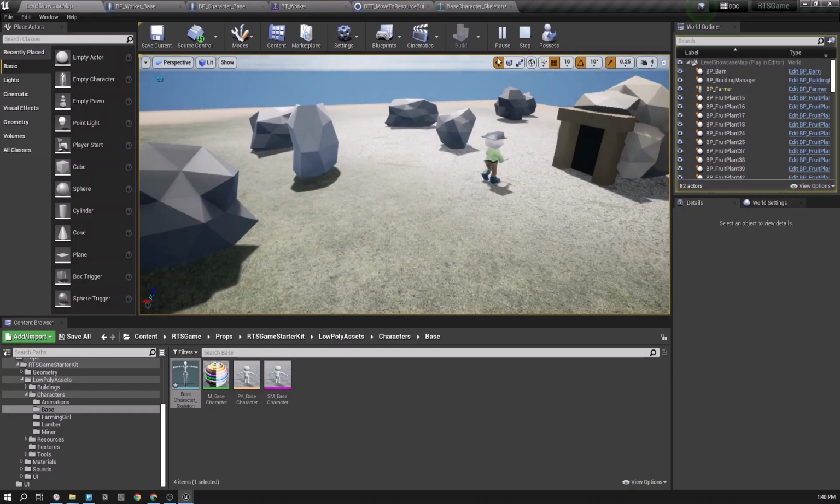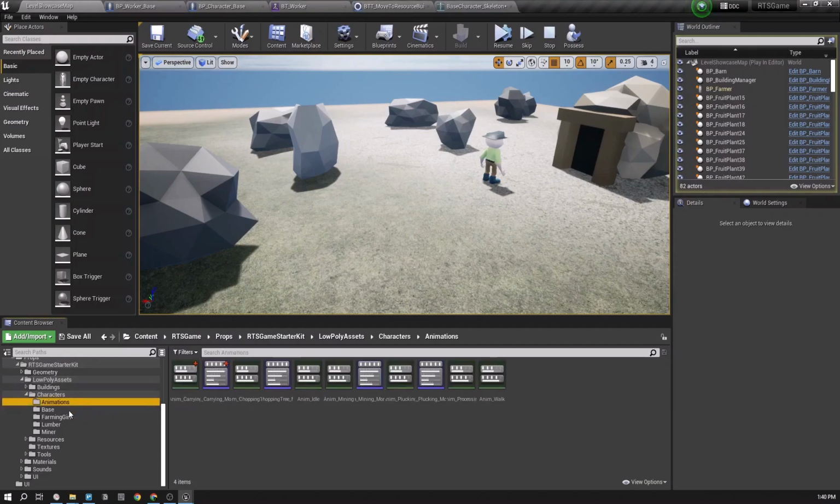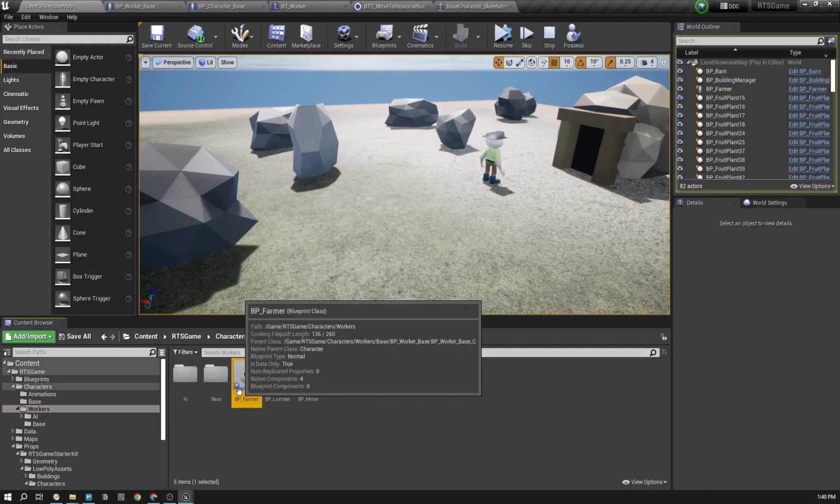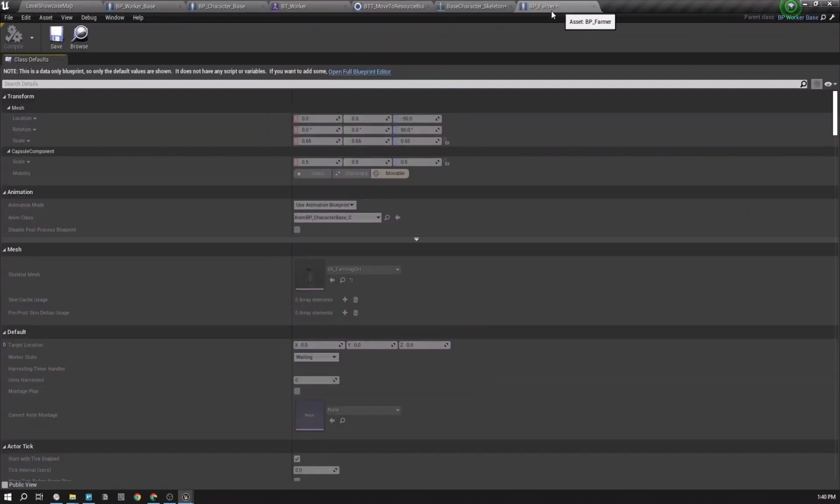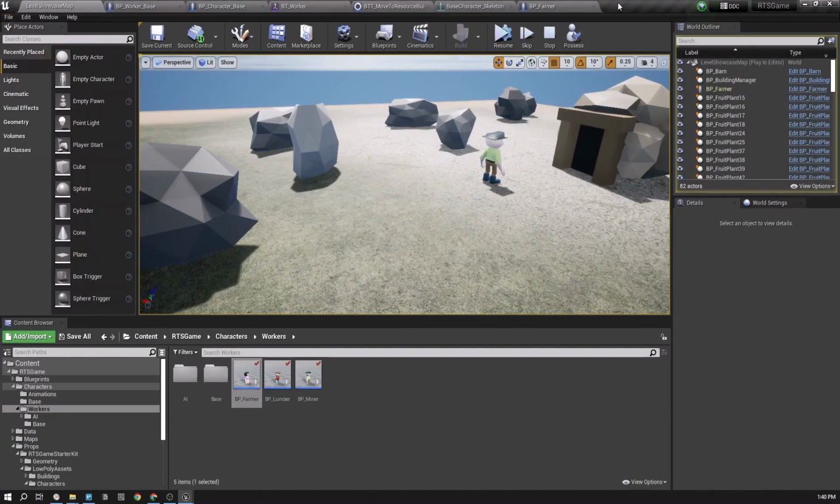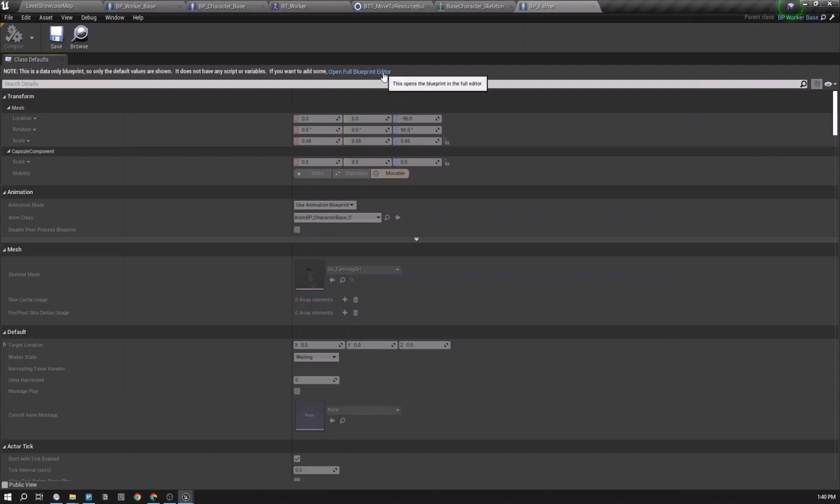Yeah, it's also spawning, but ideally what we need to spawn is not this tree log. Instead of that, we should be able to spawn maybe a stone, right? So we can actually do that by going to the workers, and let's open up our farmer. Yeah, so let me first save everything. Yeah, so this is the farmer,